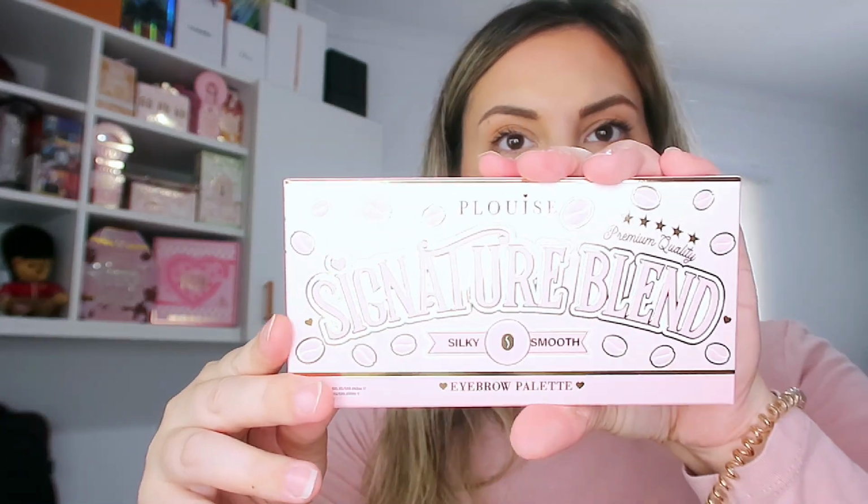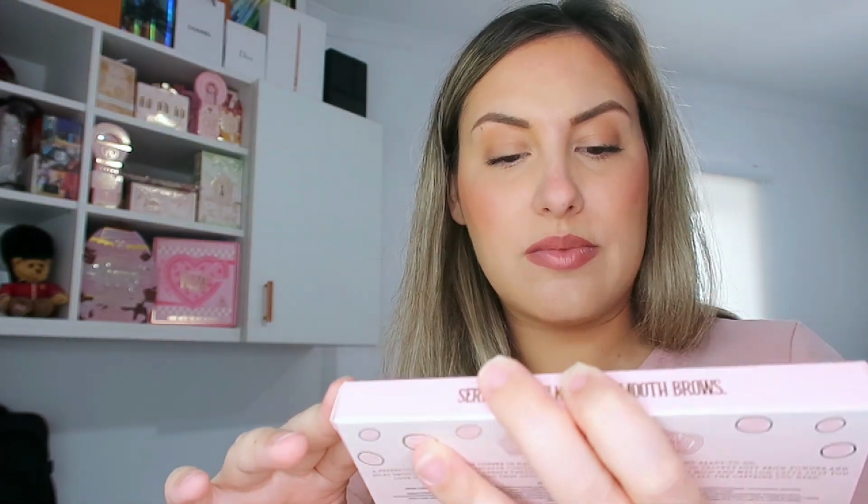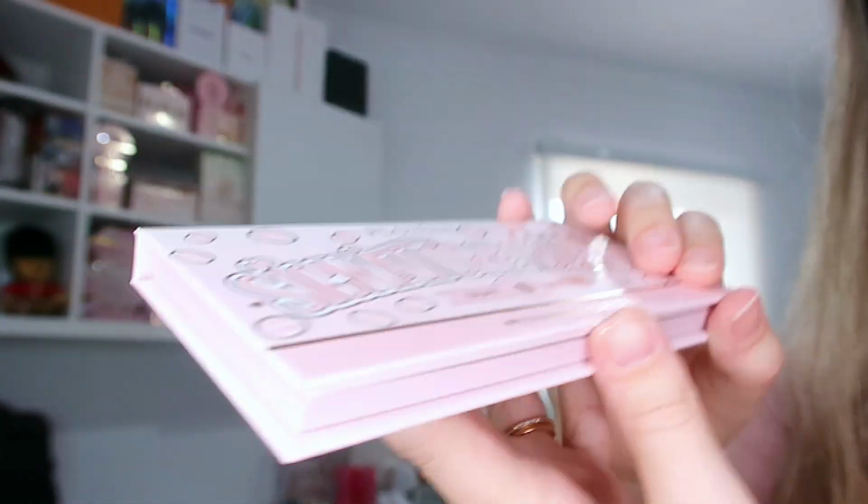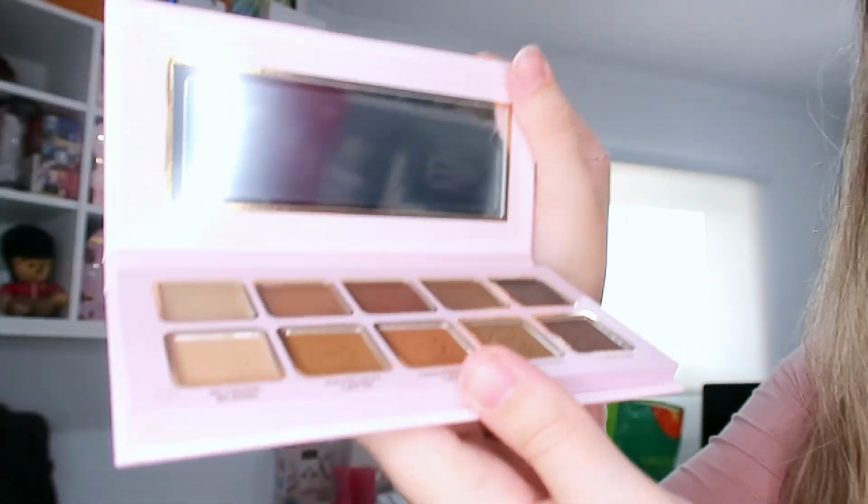This is like a palette. I'm thinking it is. So this says PLOUISE Signature Blend Silky Smooth Eyebrow Palette. Again, premium quality, which we definitely agree on, and a makeup artist's dream. If you're trying to build your kit, get the budget boxes because you'll be surprised what you're gonna get. So again, this is the packaging, very similar to what the outer packaging is, and you open it up and